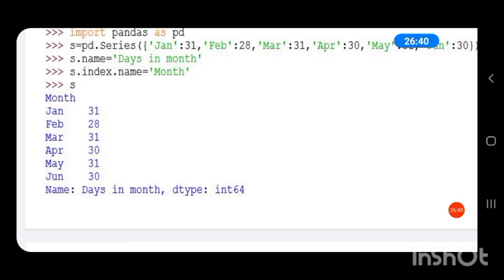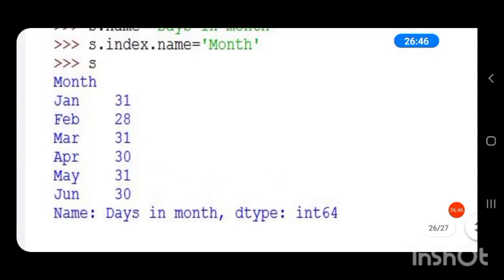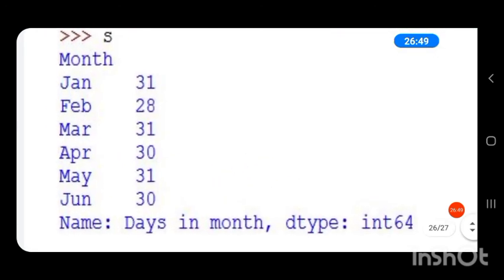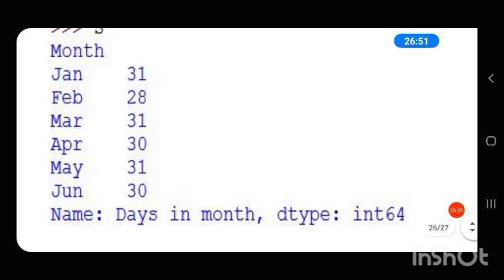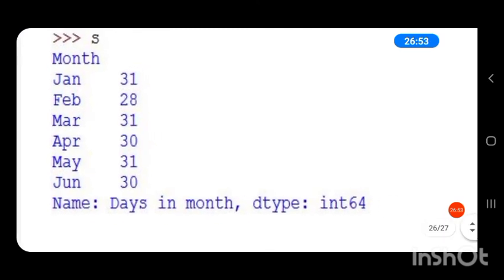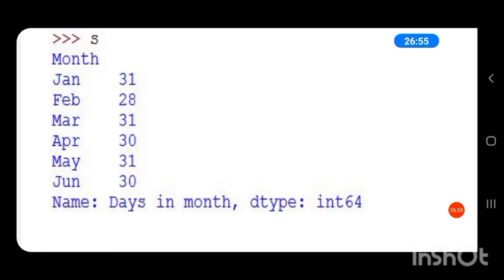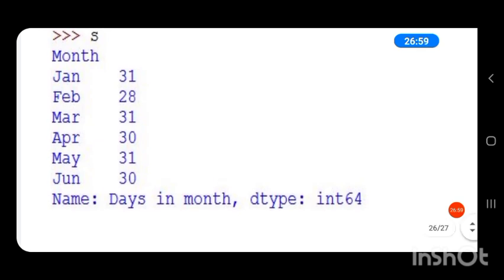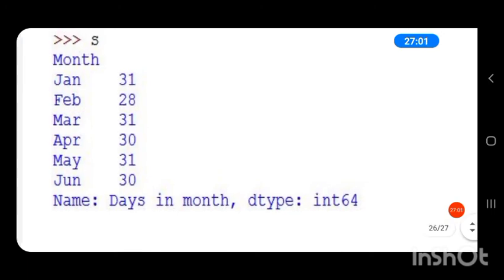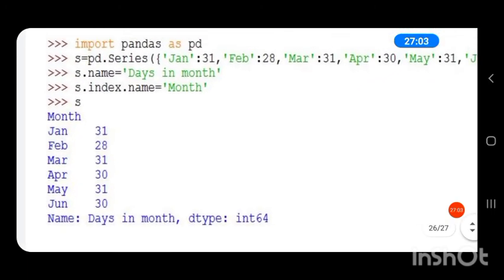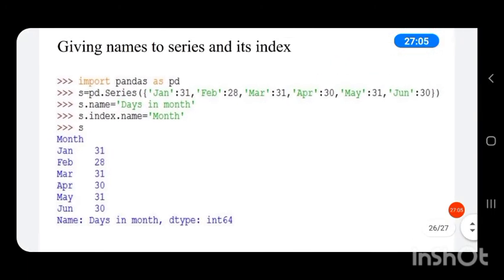So when we run the output and print the series, you can see the index name given as month. It will be printed on the top of the index, and the name of the series is given at the bottom: Name equal to days in month, and its data type is integer 64.